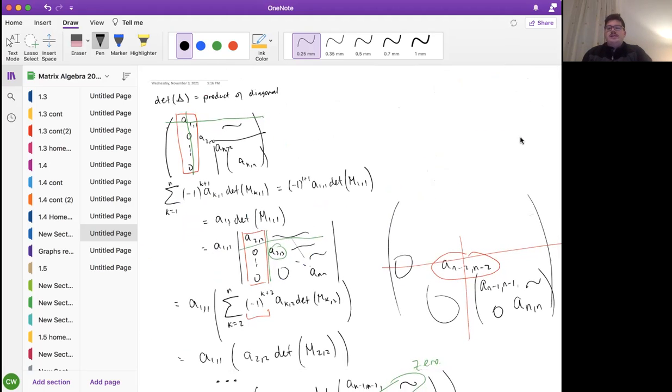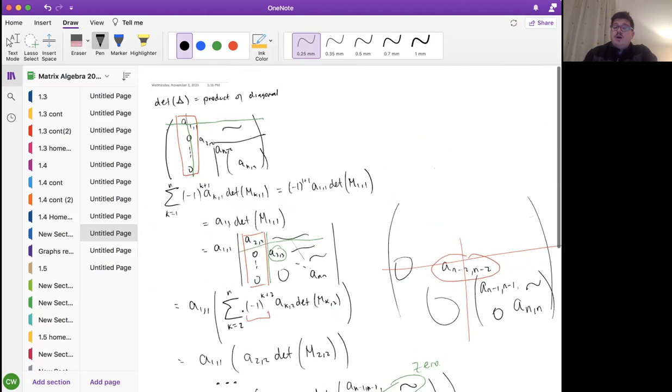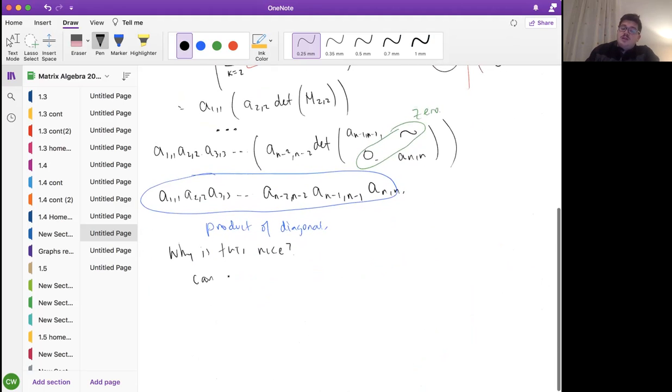So why is it so nice for any matrix? We can just do row ops, right? We don't even need reduced echelon. That's the nice thing about it. All we need is any triangular form. We can put any matrix